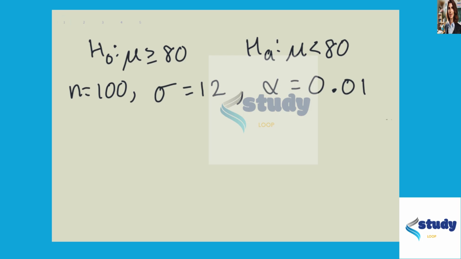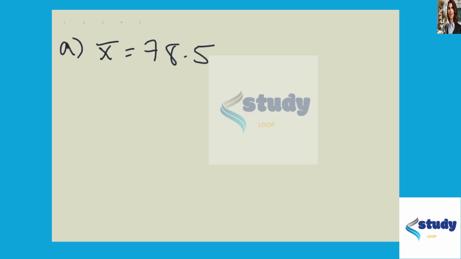So here is the given information. Our null hypothesis is that our population mean is greater than or equal to 80. Our alternative hypothesis is that our population mean is less than 80. We have a sample of 100, a population standard deviation of 12, and we are comparing our p-values to an alpha value of 0.01. So the first thing we have to do is compute the test statistic for each of